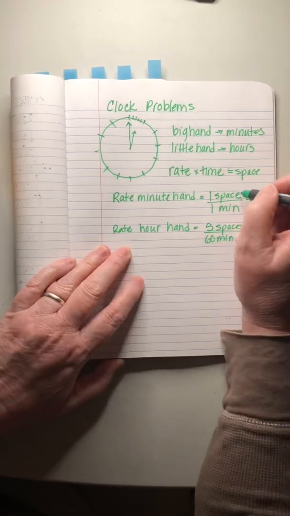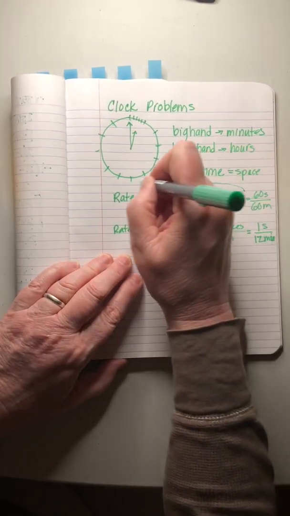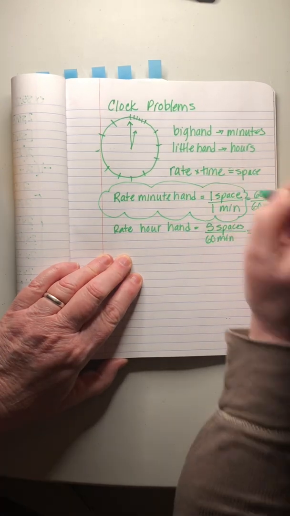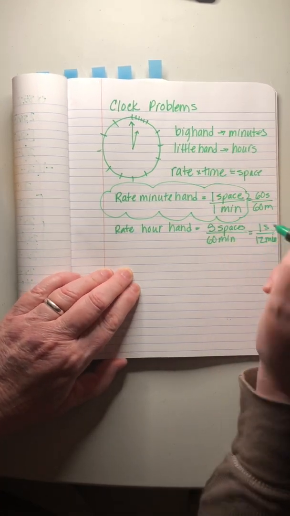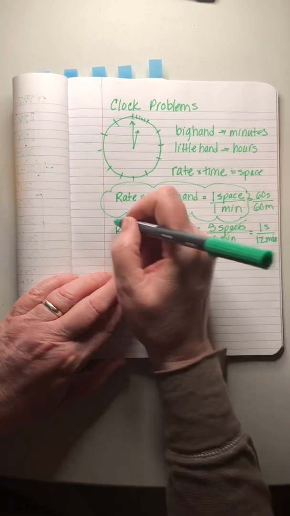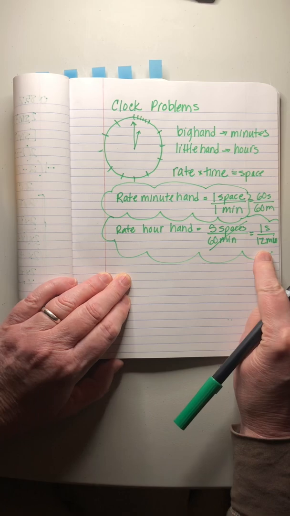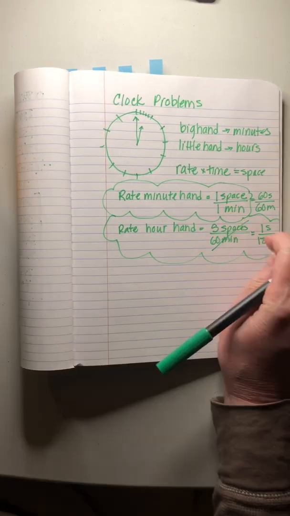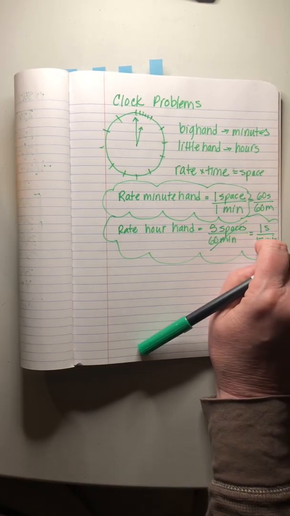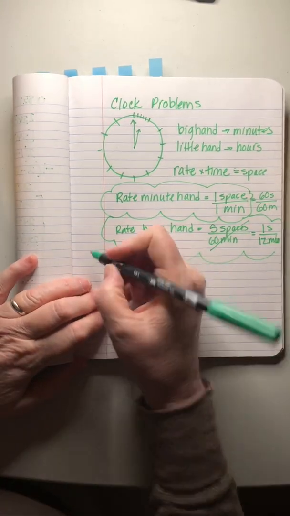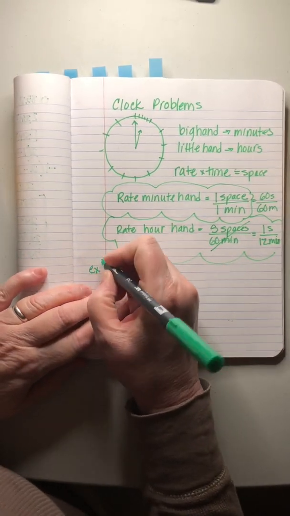All right, so here's a nice thing about these problems. The rates will always be the same, right? Because clocks don't change their time. This is the one that we reduced, so make sure you keep track of this one. 1 space for every 1 minute, 1 space for every 12 minutes, okay? Now, with that in mind, let's go to the first example,